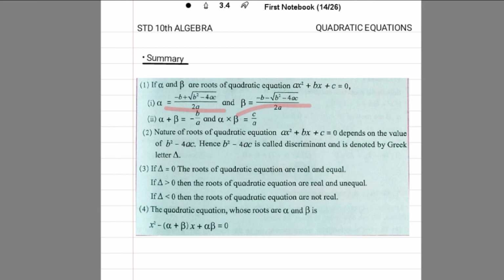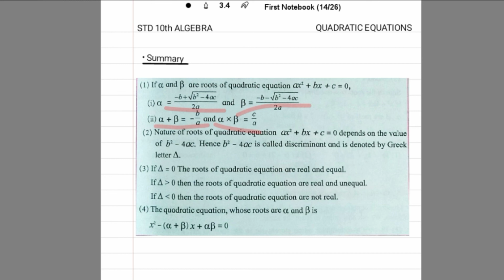The next thing which we learned is the relation between the roots of the quadratic equation and the coefficients of the quadratic equation. The first relation was alpha plus beta is equal to -b by a, and the second relation was alpha into beta is equal to c by a. So these are the two relations which we learned, and from that we got the values of alpha cube plus beta cube, and then we also found the unknown coefficient from the equation, that k value, right? So this is how you can utilize these relations in solving the sums.